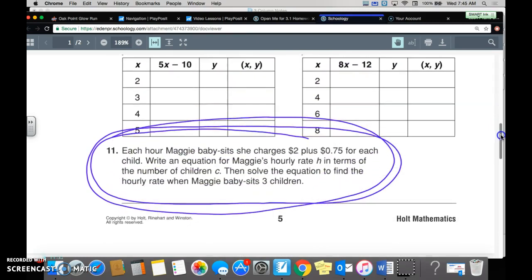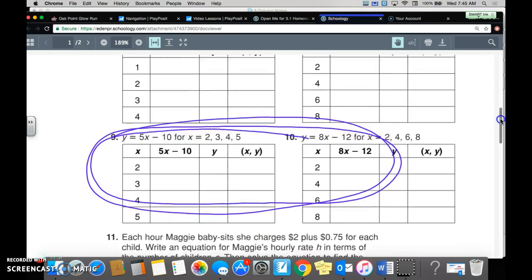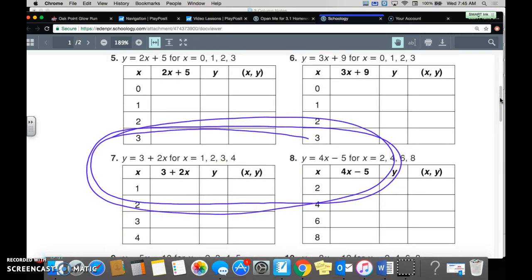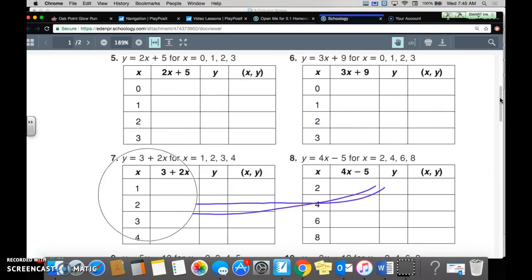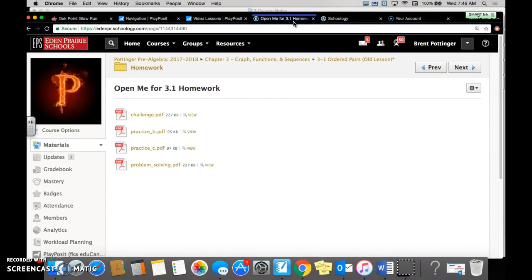But I'm going to ask you to tell me what all of your answers are for the y and for the xy, or whatever they're asking you to give. It looks like they already plugged in the x for you, so you should be good to go for that particular column. And just so you're not confused, this is always going to be the same thing: 2x plus 5, 2x plus 5, and so on. So really all I need is your y and your xy. Okay, so you're going to do the odds on that particular assignment,